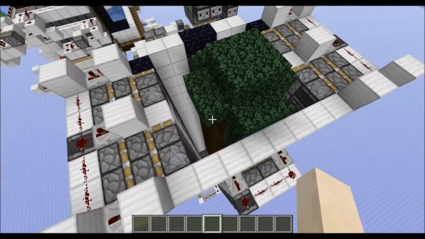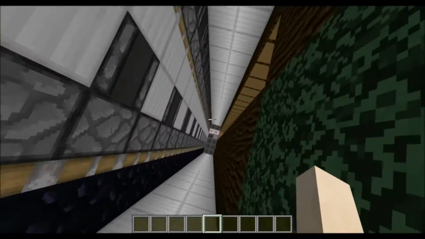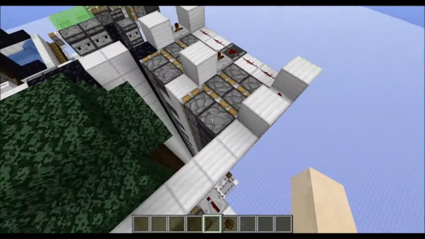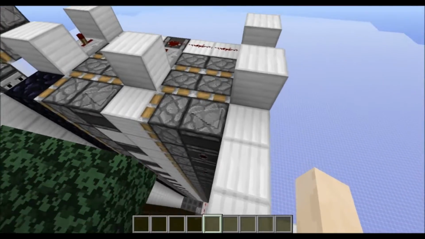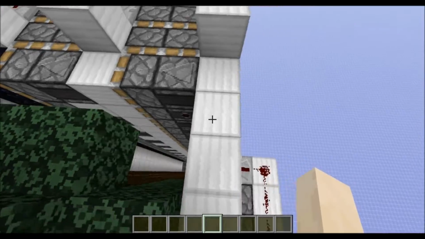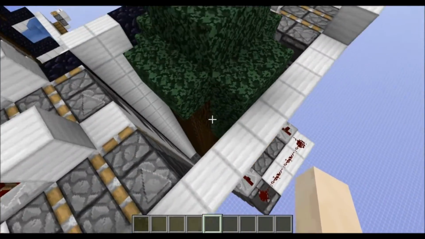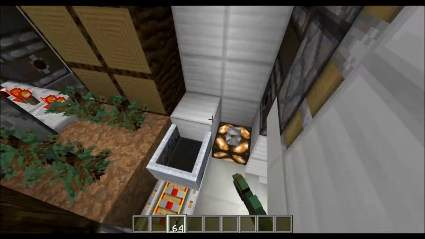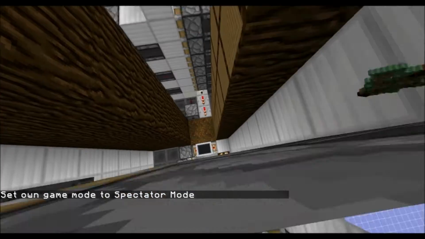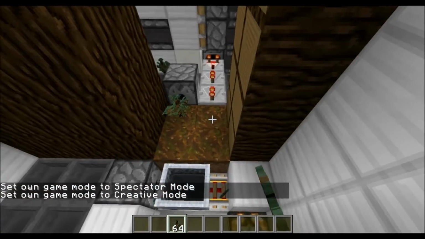So this here is El Mango's design on his economic 2x2 spruce tree farm. It definitely looks a lot nicer, but it has a dependency between the leaf crushers. Like you see the observers come out here. That's actually part of the double piston extender back here. So I might be able to run this. It seems to be able to maybe run a couple times without lagging out, but